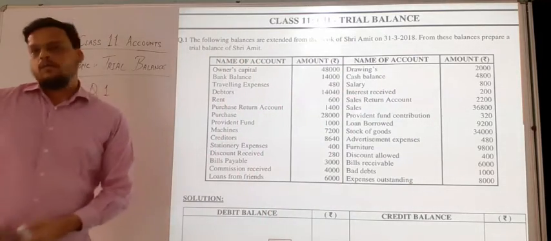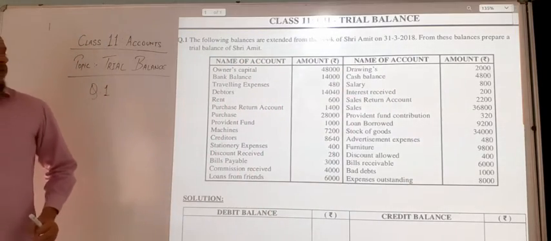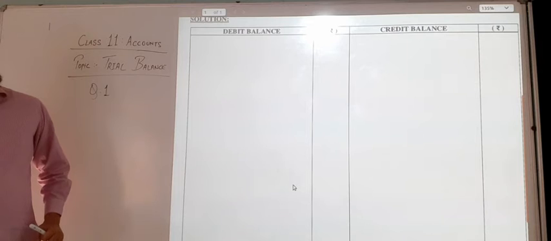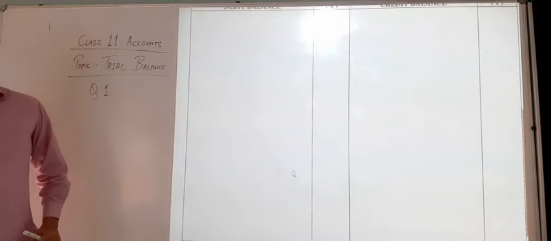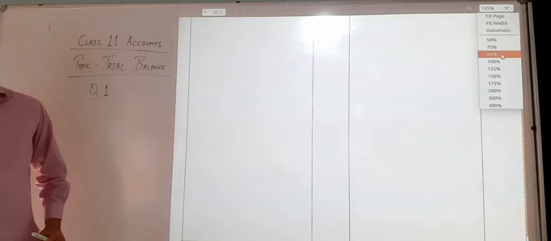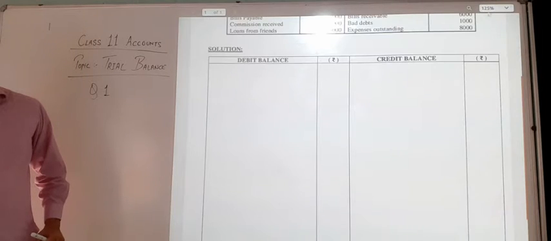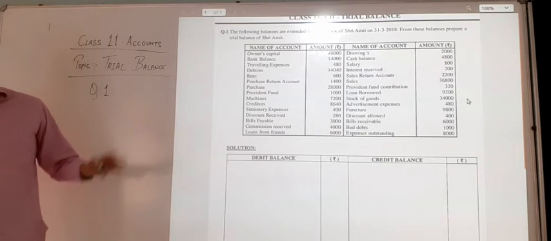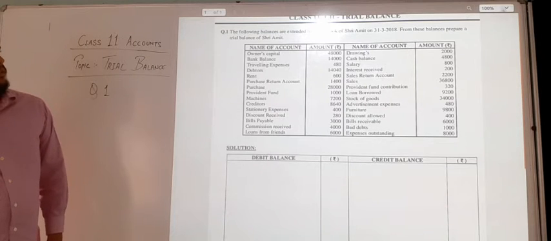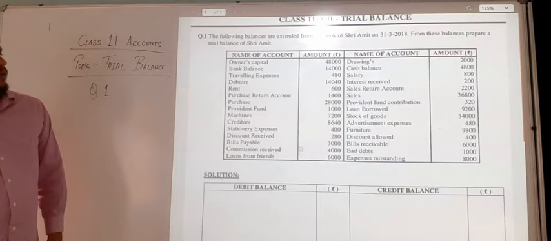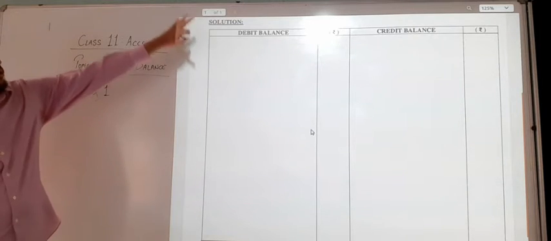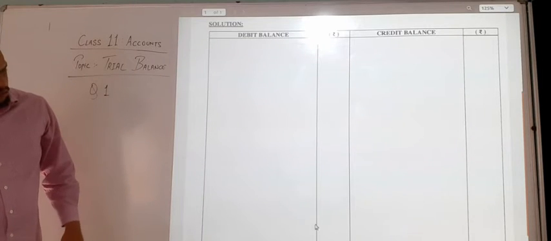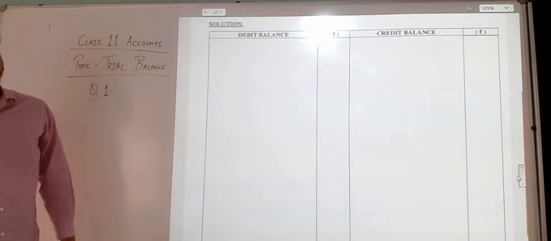So I am going to rub this debit and credit concept and then start again. The question is like this. Then what you have to do is prepare this balance. This is the solution concept. I will reduce the screen so you can understand very well. It is not visible, I know that, but I'll make sure you understand all the things. I have made the solution. In the end, it is totalled. The screen is not matching, so in the end I'll make it as a total amount over here.